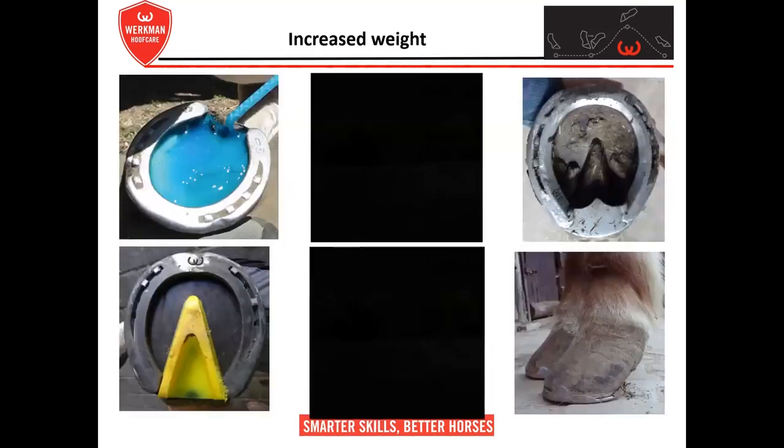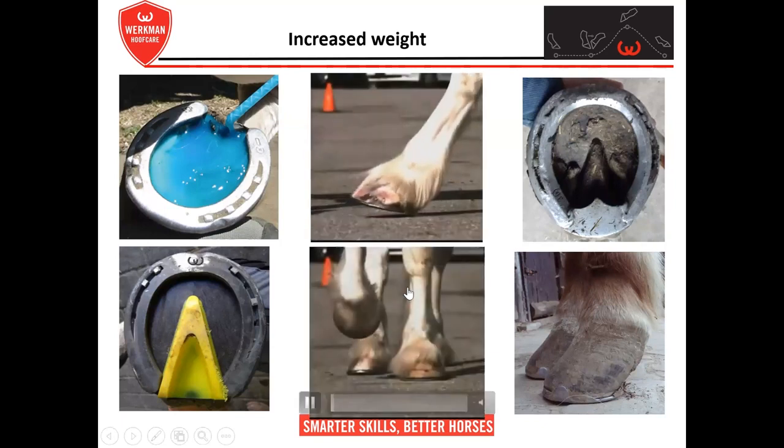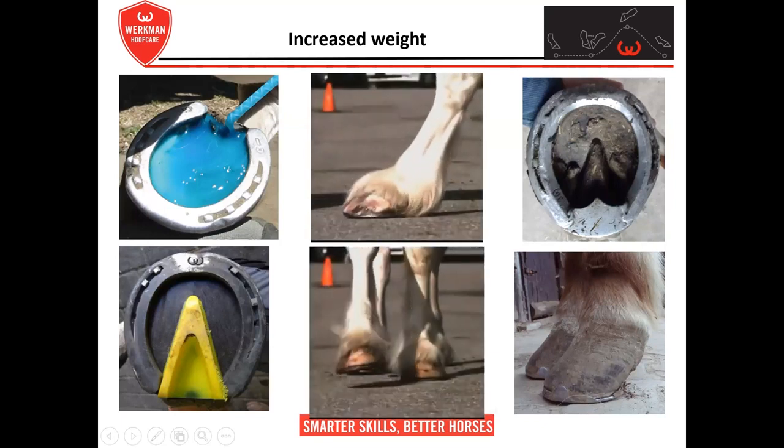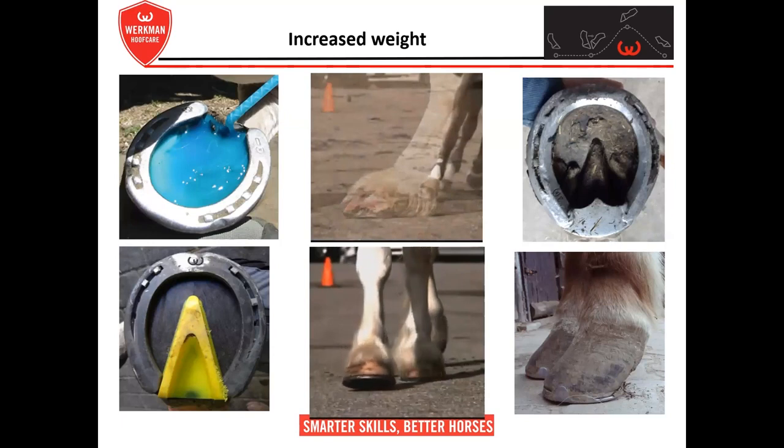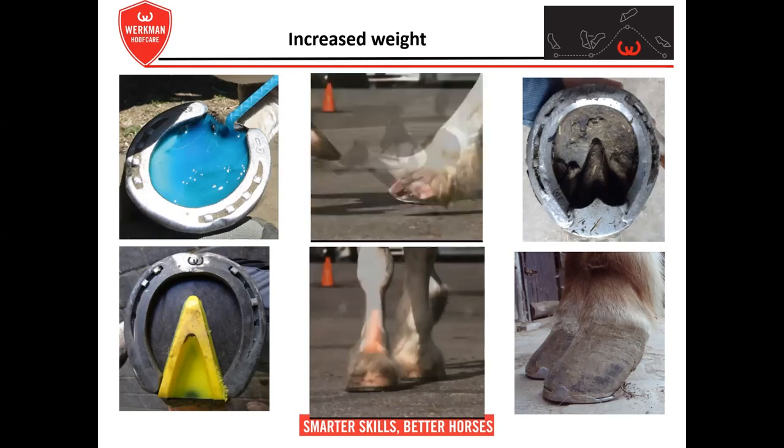And there are some possibilities to increase weight more. You can use heavier shoes, or sometimes we use pads or packing for orthopedic cases, or we have the gaited horses, the Icelandic horses, where some time ago we had the shoeing with long hoofs filled with packing material and somewhat heavier shoes in the front. Or sometimes we just add some welding parts for orthopedic problems and we add weight. So all the images I show you in the slide add some weight at the hoofs. And this additional weight